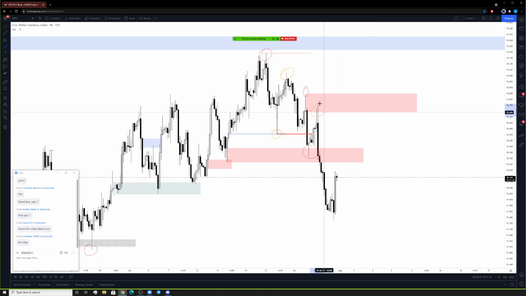But the reason why this POI reaction worked was because of unwillingness, because of the disruption. And even though we had a mitigation to the upside, that does not mean that this is solely bullish because of the reaction based on a POI. All this is giving me is that there is internal bullish order flow that gives us the pullback or the retracement or even the impulse. That's the whole point of order flow.